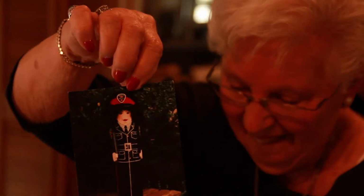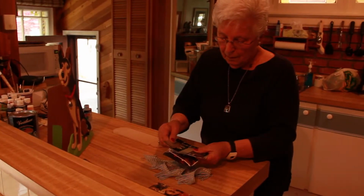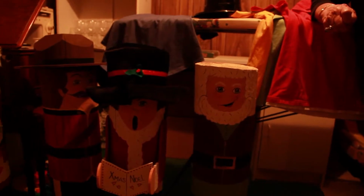It's fun. There's a police lady. And there's a Montreal Canadian. Yes, the fellow that bought Murphy's Law bought an Irishman, and each time he bought another bar, he put another Irishman in. So how many are there? Probably, I guess I've done maybe five for him. And then he changes the hat every season. Takes the Irishman's top hat off, puts a snowman's hat on, or puts a...